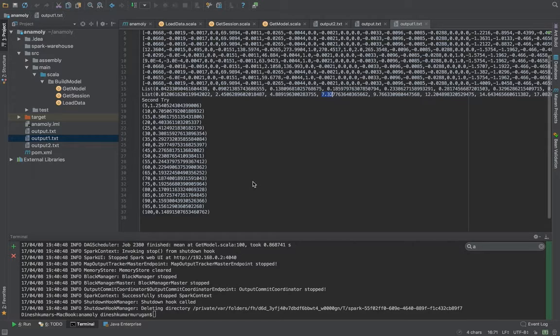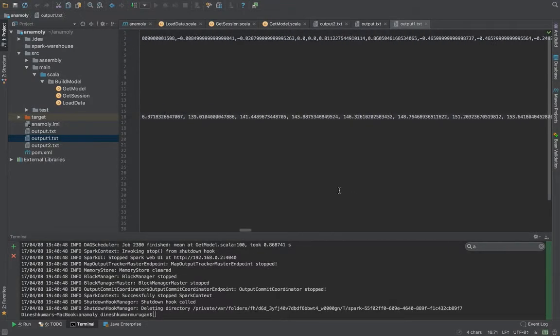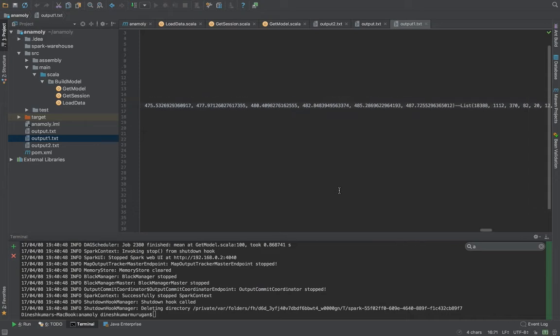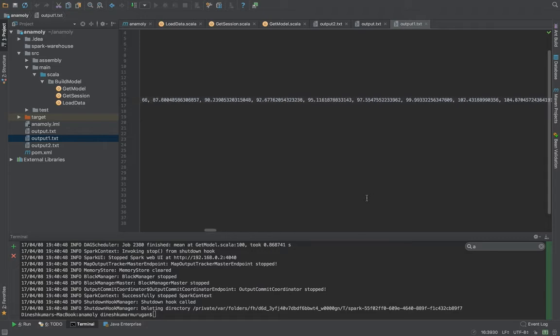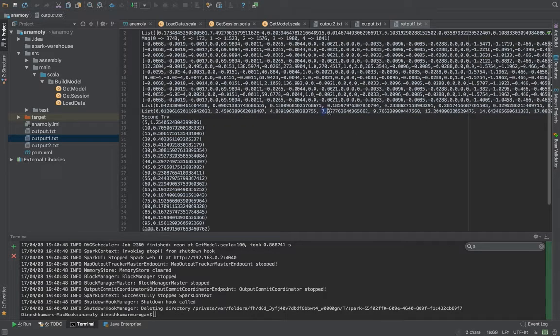I believe there are 6 different events within the data set, and within that I made a histogram of 20 different groups so that I can spread the data which falls under different distances. Some of the values I got: group 1 had 18,388, group 2 had 1112, and group 3 had 370. I believe the first 3 groups are normal data, not anomalies, so whatever comes after the third group is an anomaly. So I chose the histogram bin which starts after the third group, which is 7.32, as my threshold